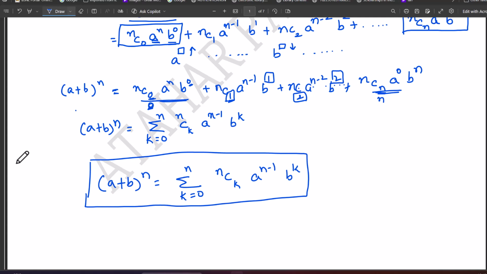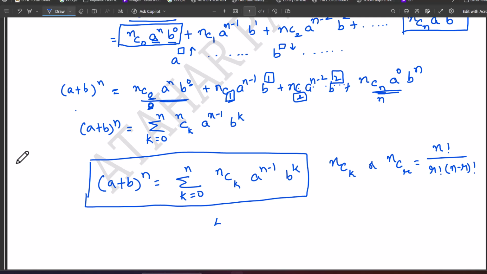Okay. Now here, what is the main term you have to understand? The main term you have to understand is nCk. Or if we talk about our permutation and combination notation, we have nCr. What will be the formula? Remember, it is n factorial divided by r factorial into (n minus r) factorial. Right.